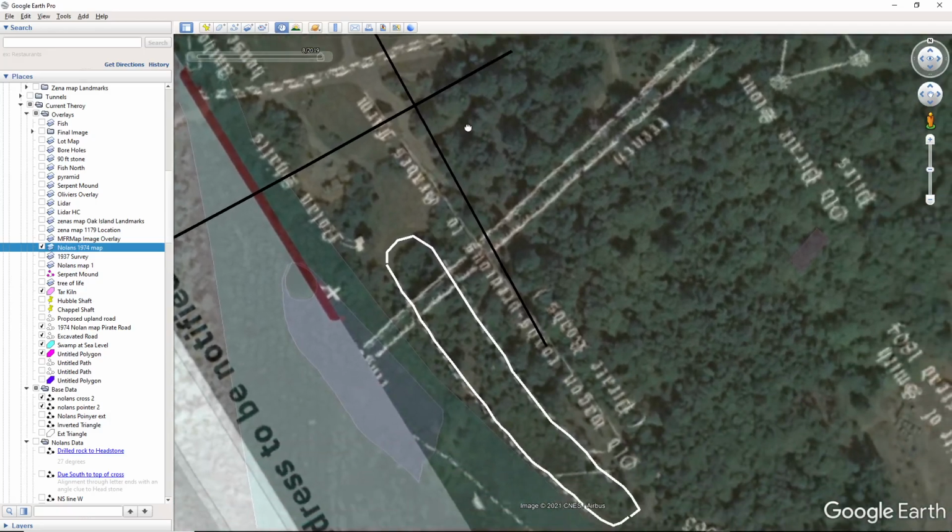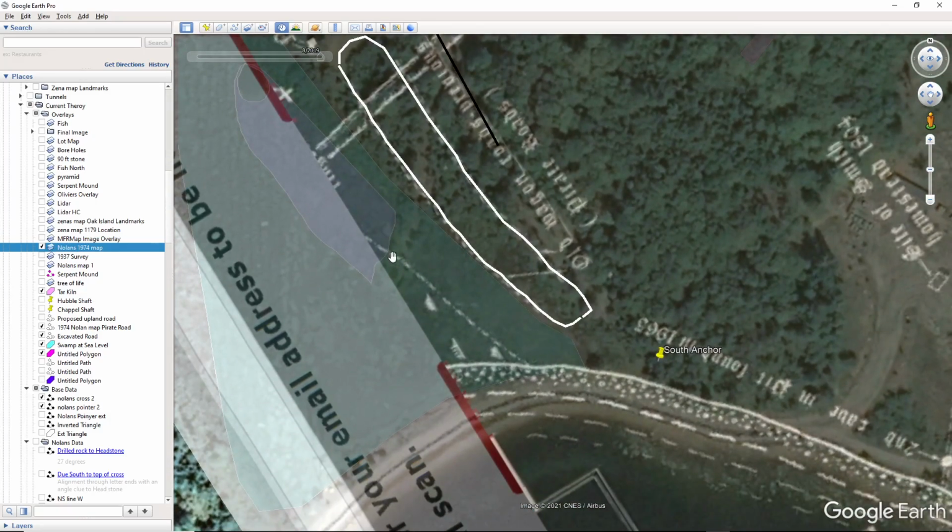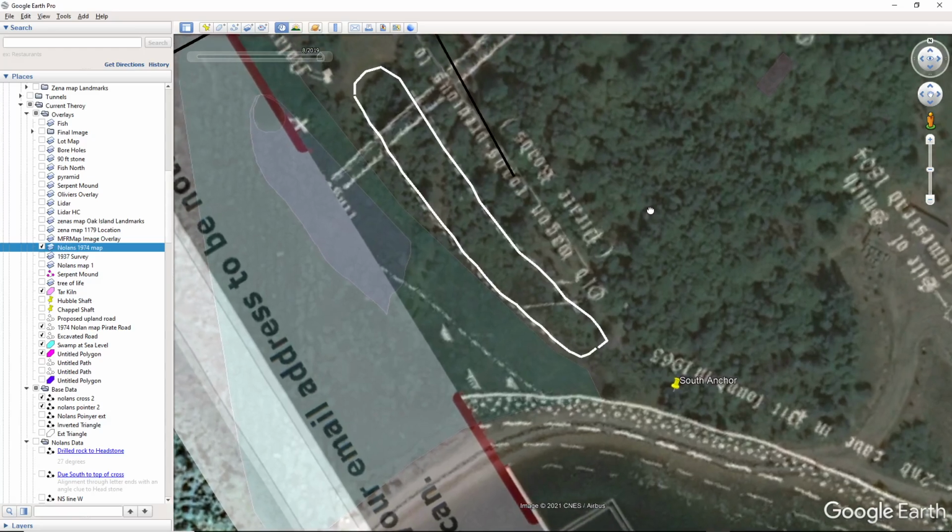And the other thing was the swamp. And here's the line right here for Fred Nolan's swamp. Now, the swamp changes from year to year. It's right now dry, and it goes from being completely flooded to completely dry with trees growing in the middle of it. So the question is